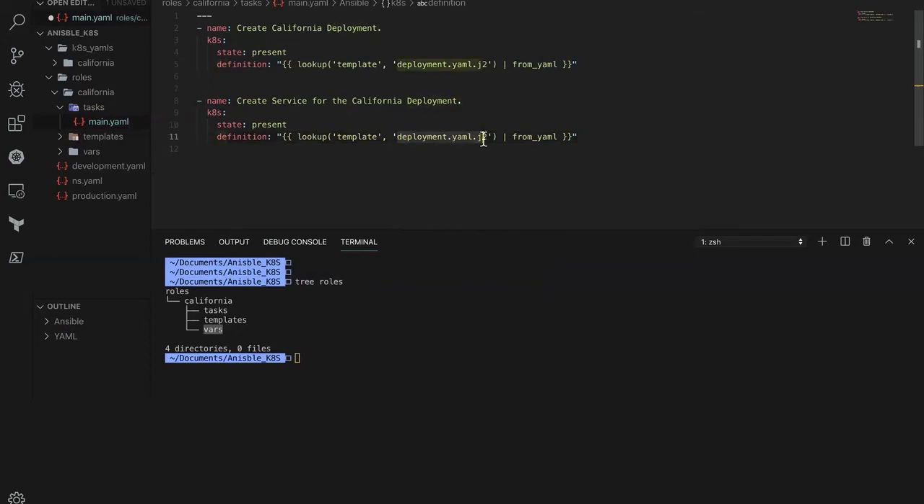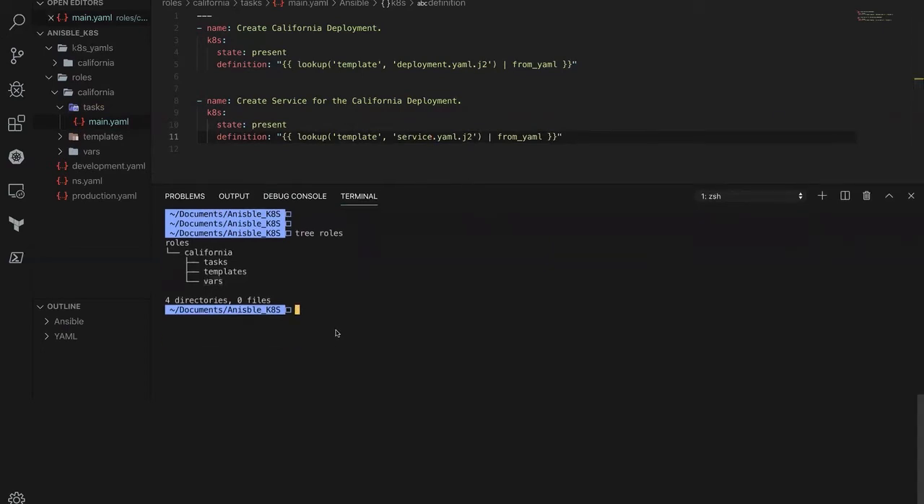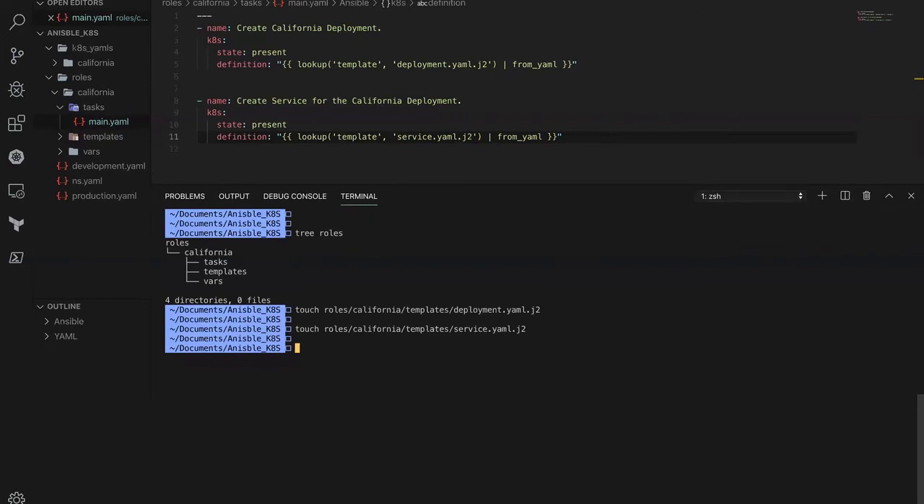And instead of deployment, we need to utilize the service.yaml.j2 and create two files inside the templates. Touch roles, inside the California and inside the templates. And we are creating a file called deployment.yaml.j2. And similarly, we have to create the file for service.yaml.j2. And also we have to create one more file inside the vars directory, touch roles California vars, inside it